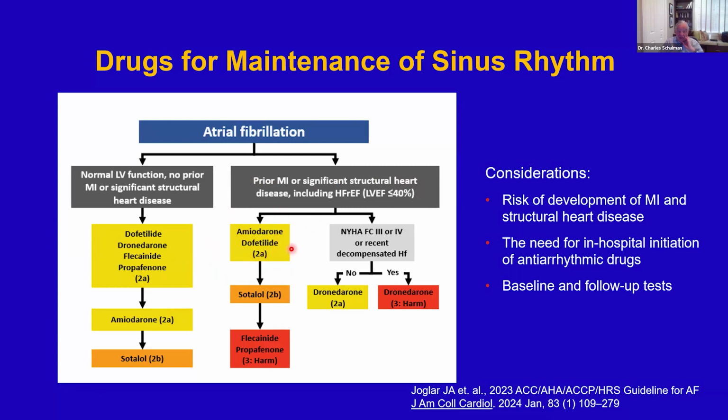the drugs of choice. Dofetilide is like amiodarone. It's a class 3 antiarrhythmic with fewer side effects, except that it requires a 3-day hospitalization in order to make sure that you don't have the side effect of torsade de pointes. Sotalol would be a second choice. Flecainide and propafenone are contraindicated because they are myocardial depressants.